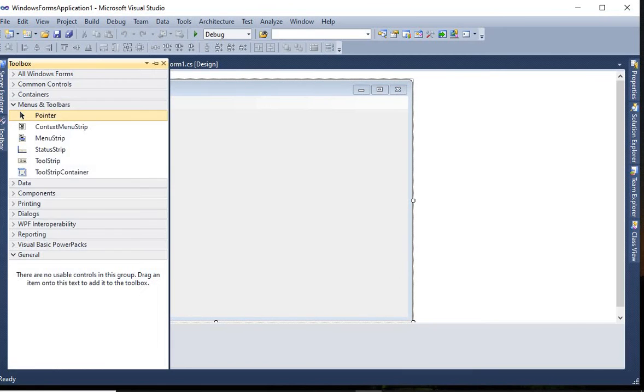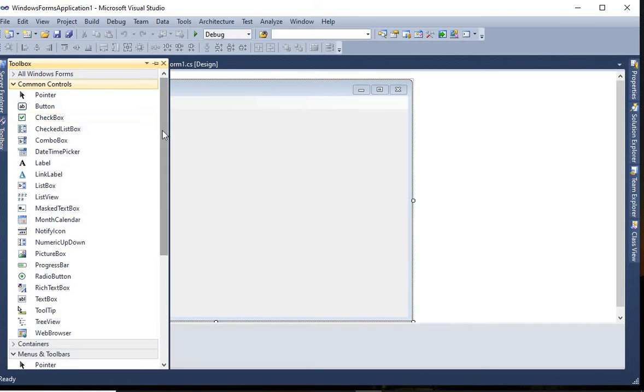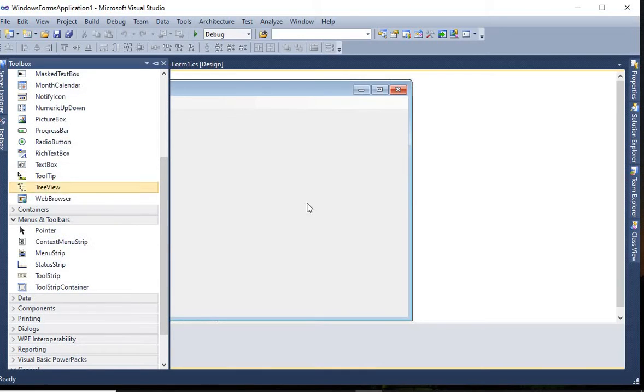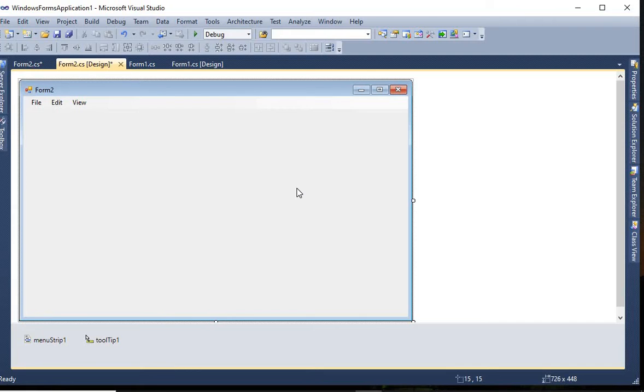Now I am telling you about one more control, the ToolTip. What is the use of a ToolTip? The ToolTip control is used to display a small window with explanatory text for an element on the interface. It appears for a control or window when you move the mouse over it.